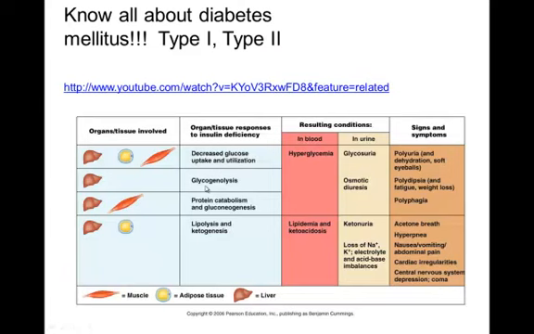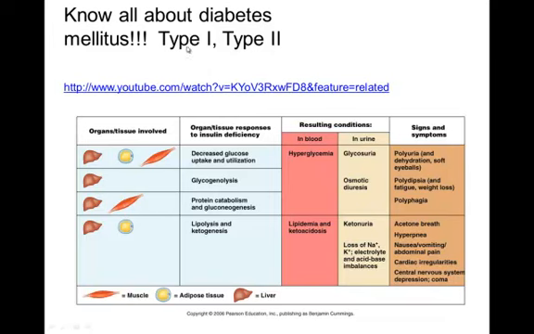Now our main homeostatic imbalance with diabetes is diabetes mellitus. Now there's type 1 and type 2. Type 1 will be, and you can ignore this link by the way, if you want to copy it down and look at it, it will really just show you how much we're not telling you about diabetes mellitus. But type 1